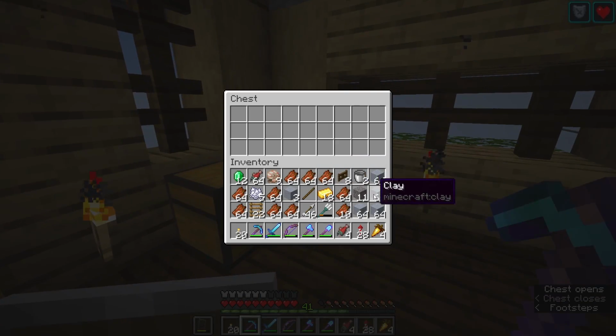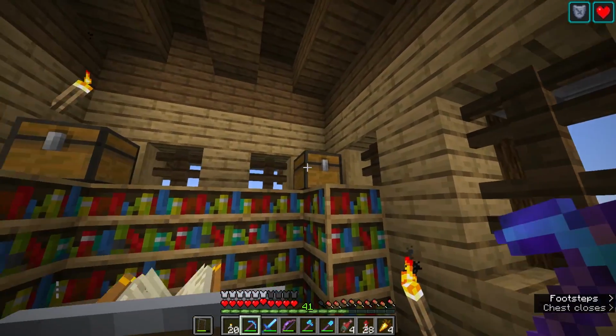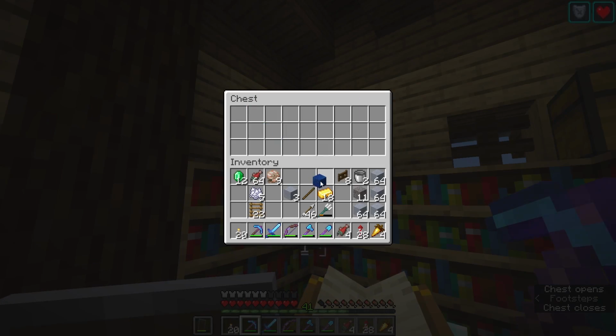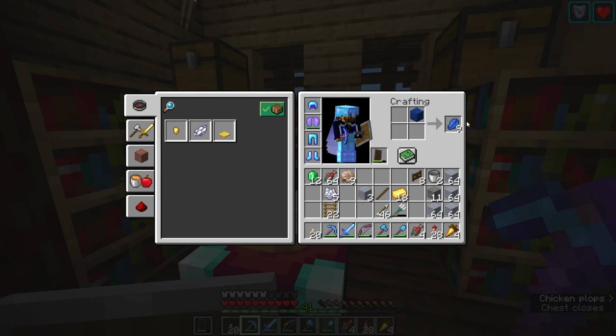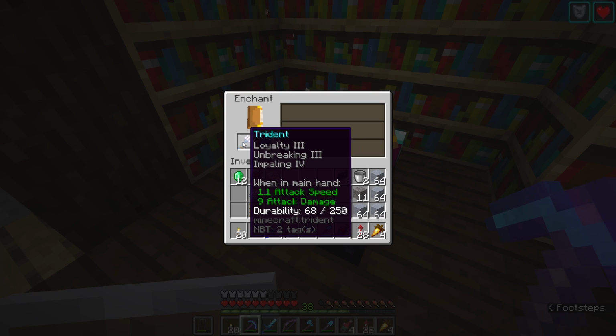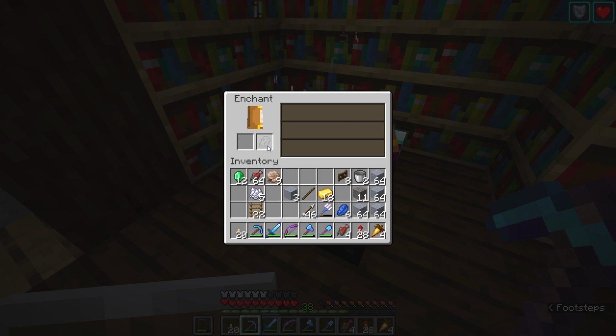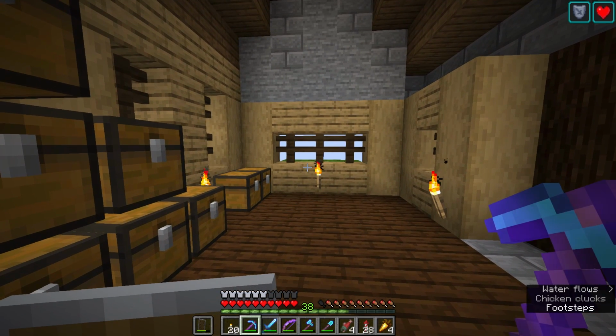First of all, let me find a spare chest that I can put all this rotten flesh in. There we go. Let's get some space in the inventory there, and break out this block of lapis so that we can get ourselves some decent trident enchantments. There we go, loyalty 3, not bad. Impaling as well, and we can put channeling on that,